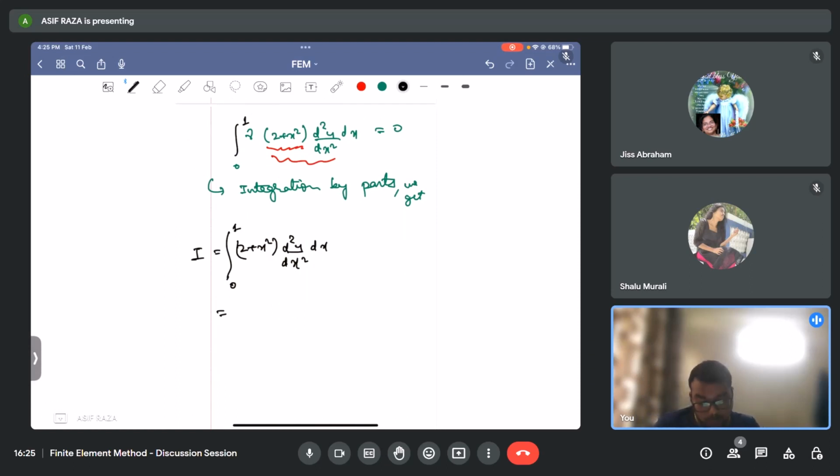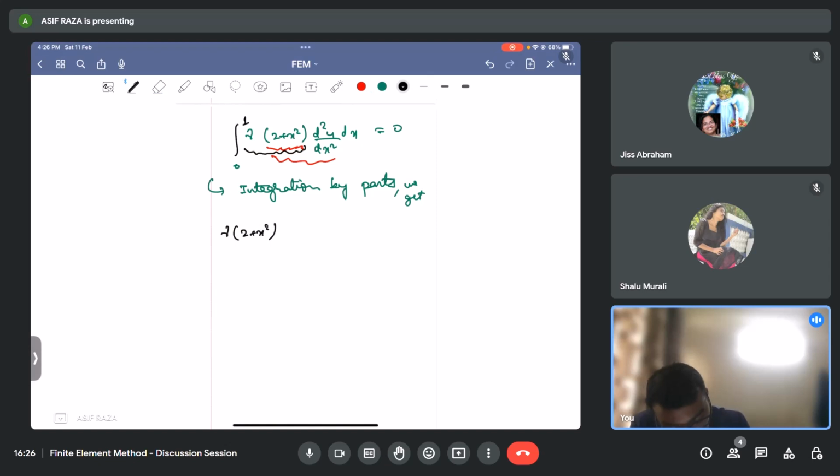If I try to do the integration by parts to this, I can take this as the first function rather than that one, because that makes it complicated. So integration by parts will give me